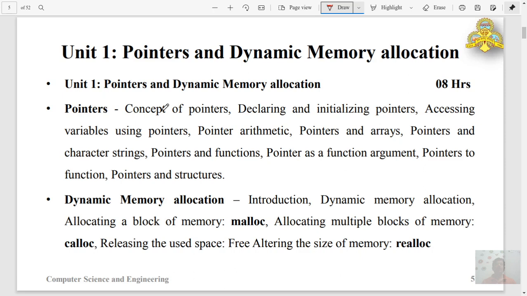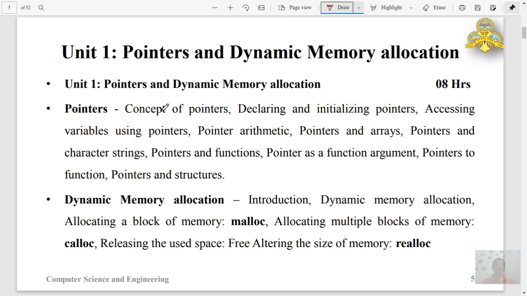So whenever I say qty, during the execution of the program, one memory location is allocated and a name is applied to that memory location, and the operating system uses the address of the memory location.